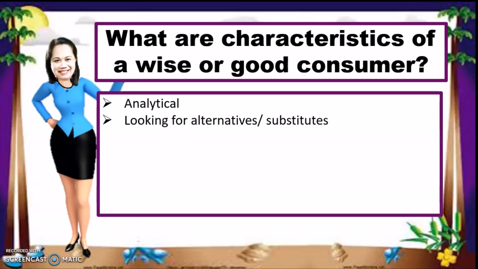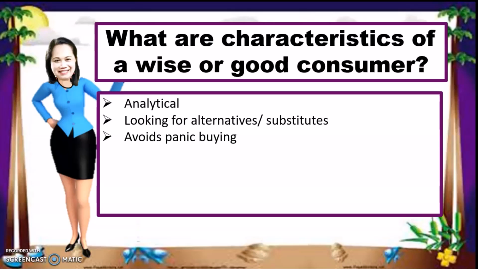When the product that the consumer intends to buy is not available, a wise consumer would look for the best alternative or substitute that will suit his or her needs and is also within his or her budget. Then avoid panic buying. A wise consumer exercises rational buying and doesn't make buying decisions out of fear, panic,